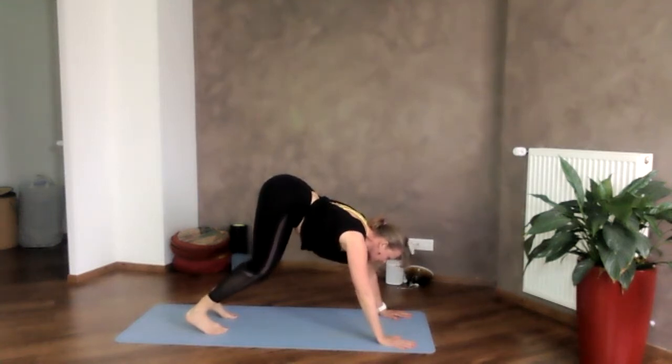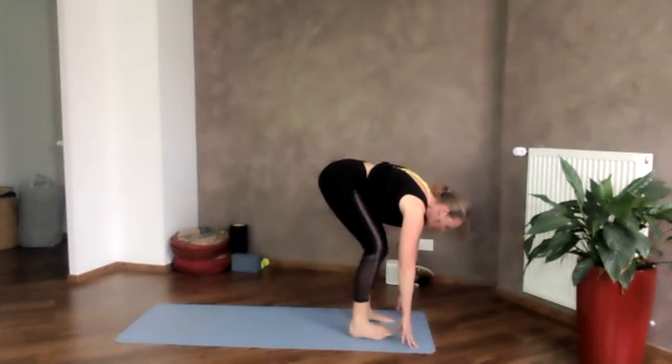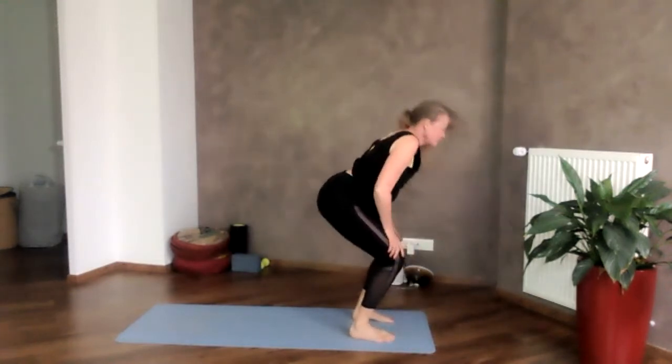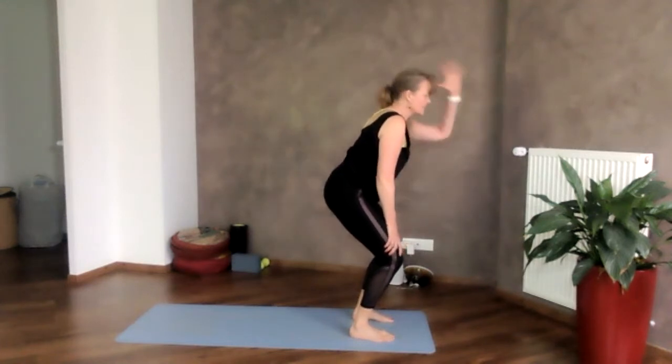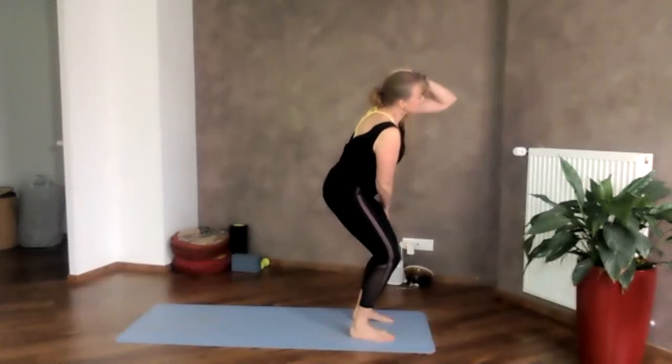Hold it, 3, hips up, 2, 1. Begin stepping your feet forward. Once you're at the front edge, bend your knees low, hands to your thighs, lifting up to the chair. This time we start left hand over the left ear, right hand on the left thigh, lean over to your right,